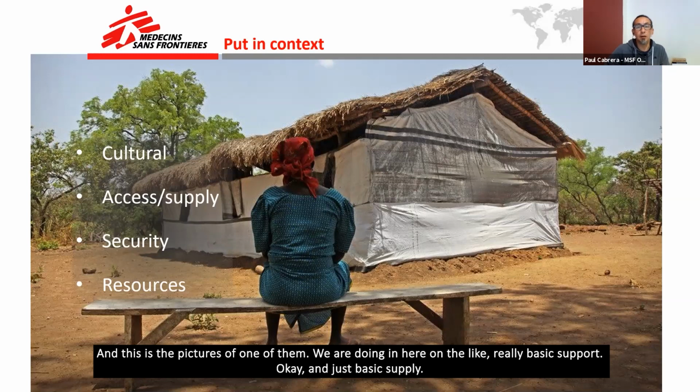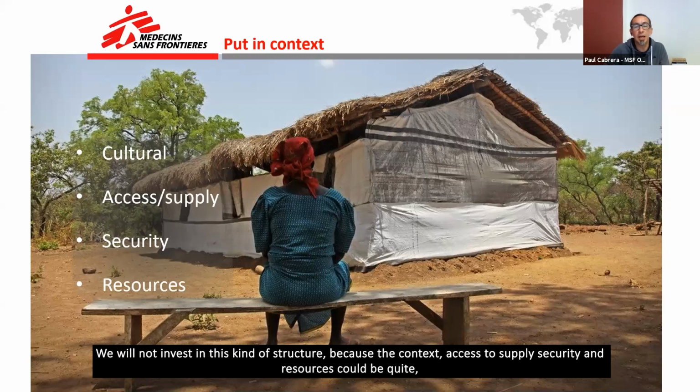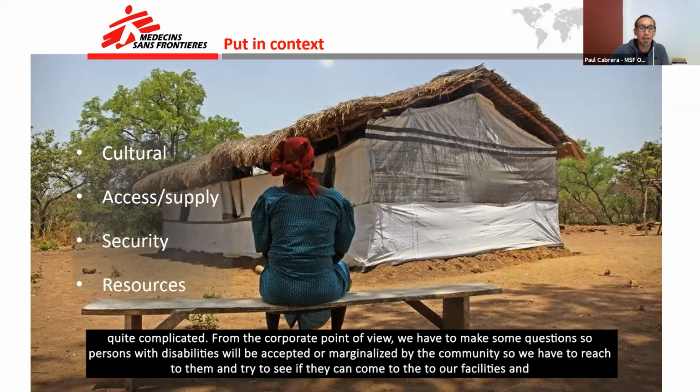But of course, this is just to show that we are not going to invest in this kind of structure, because the context, access, supply, security, and resources could be quite complicated. From the cultural point of view, we have to ask some questions. Will persons with disabilities be accepted or marginalized by the community? So we have to reach out to them and see if they can come to our facilities.